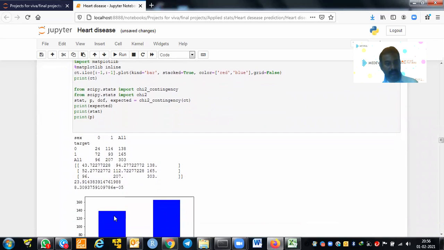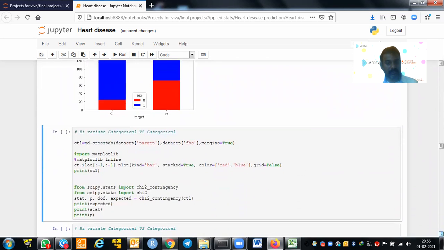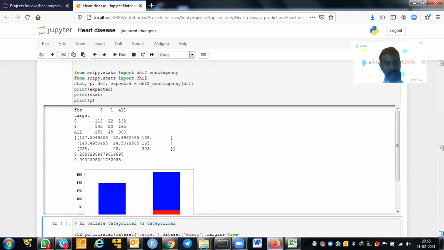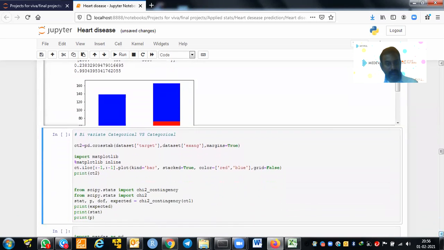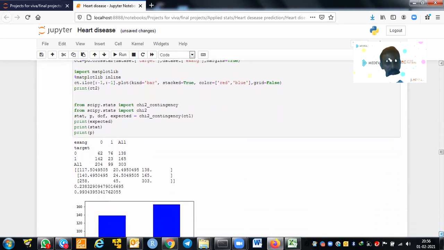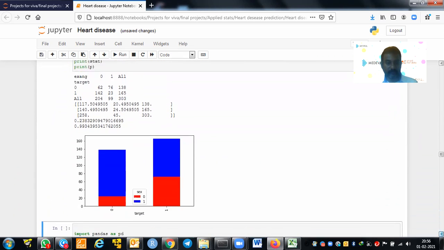The chi-square test gives an inference that there is actually a relationship. Similarly, we do FBS, with observed frequency and expected frequency, and there is no relationship there. Similarly for the other categorical variables, we do the chi-square test and check whether it is significant by seeing the p-value.